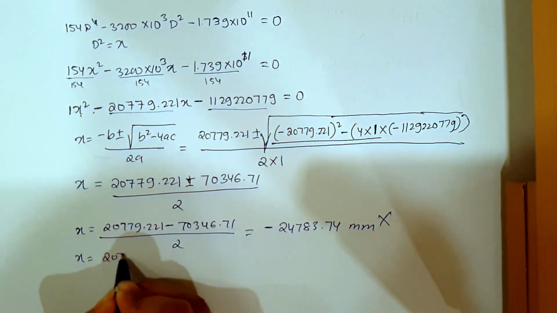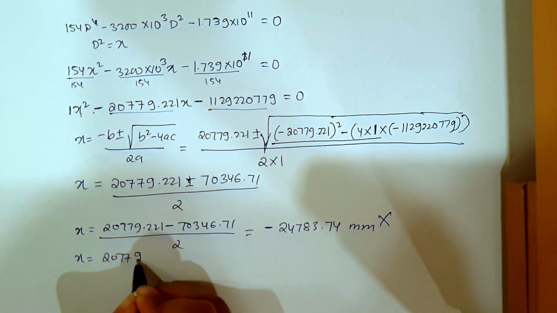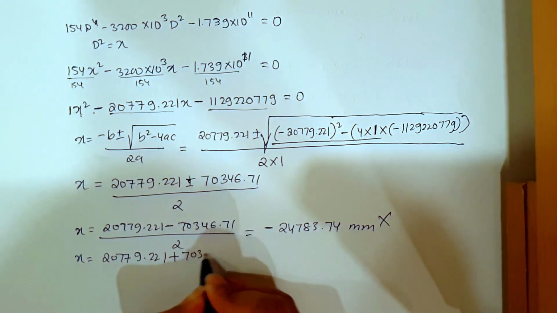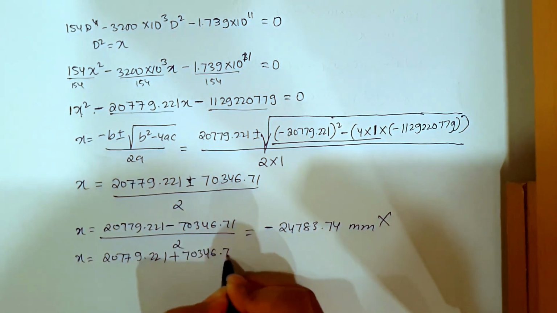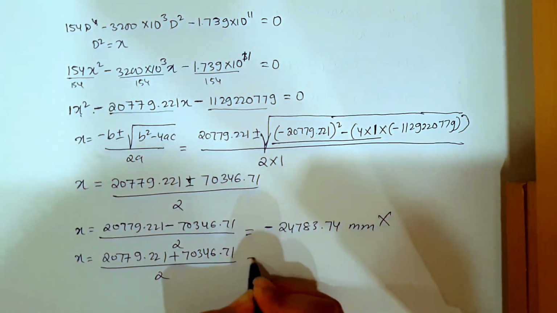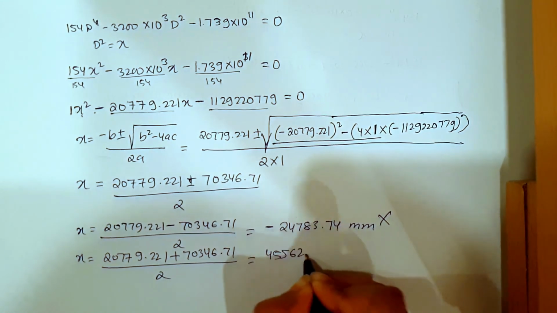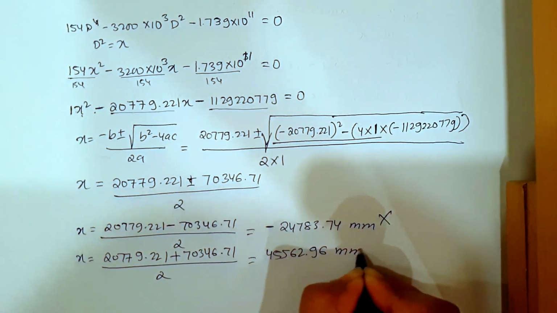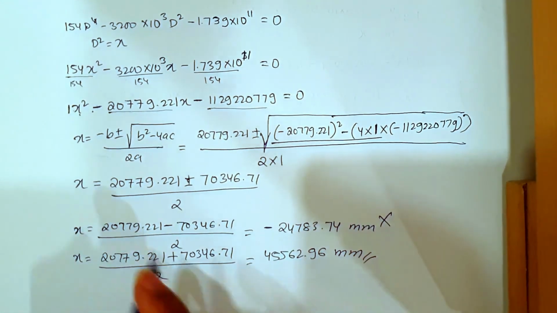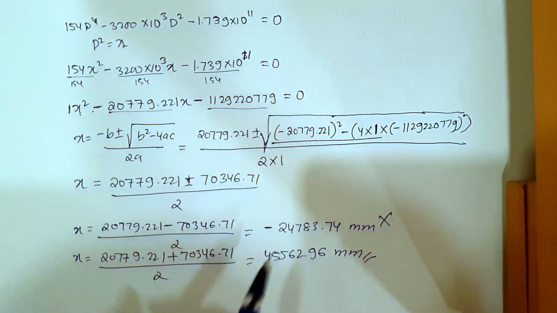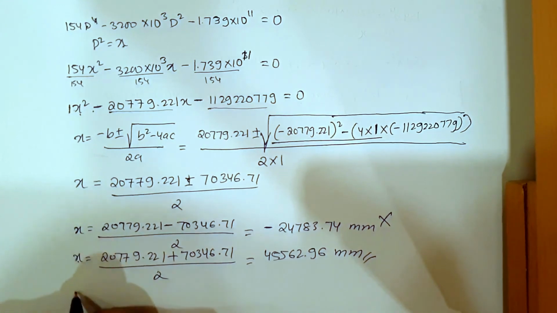X equals to 20779.221 plus 70346.71 divided by 2 will give you value equal to 45562.96, right? Now since we said x is equal to d square, so from here x is equal to